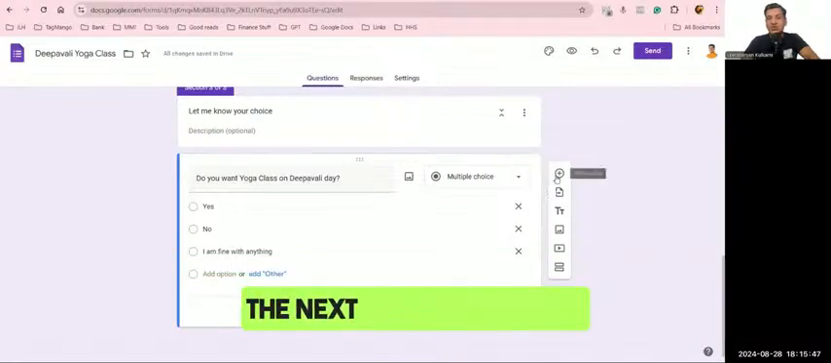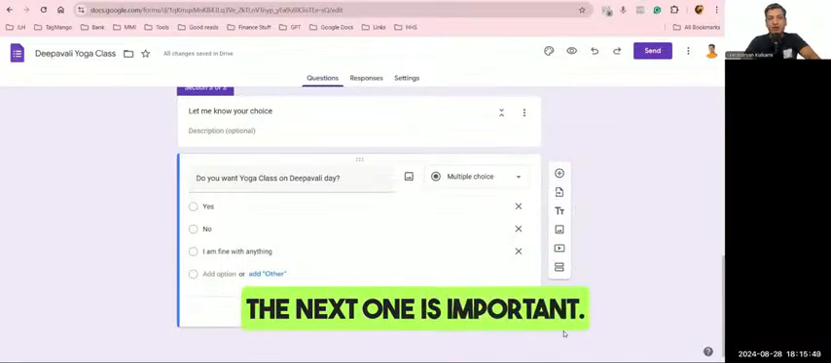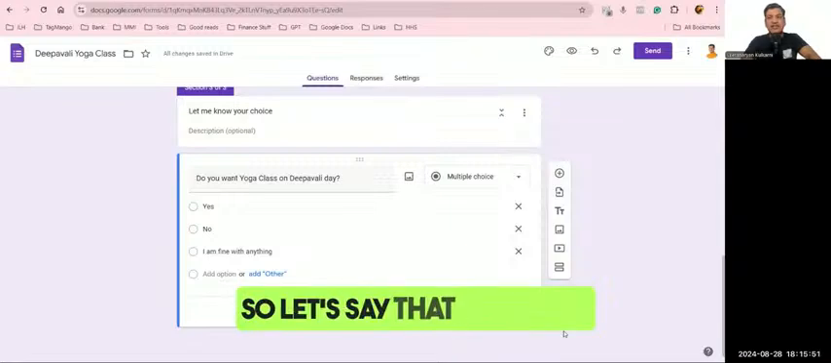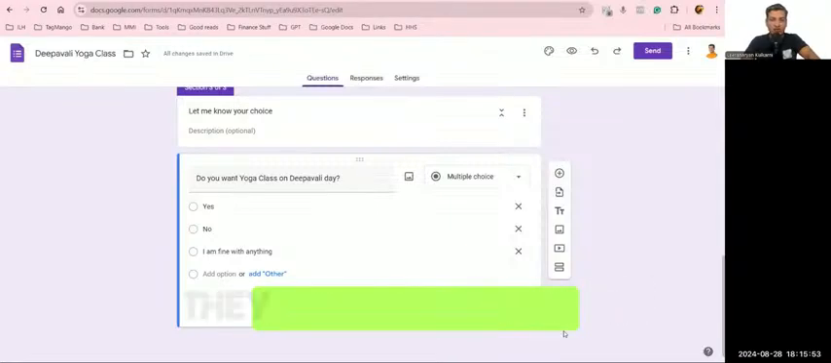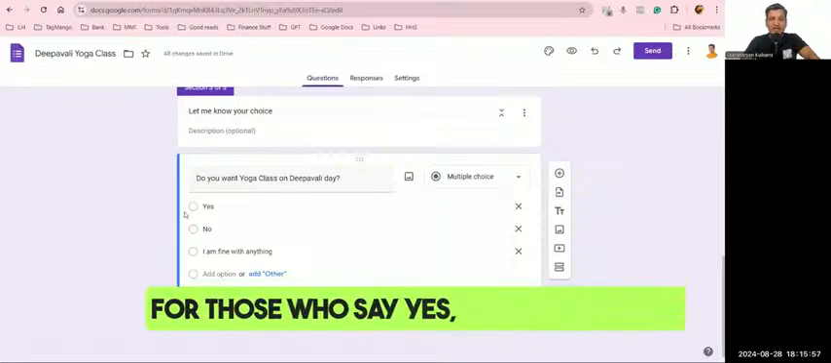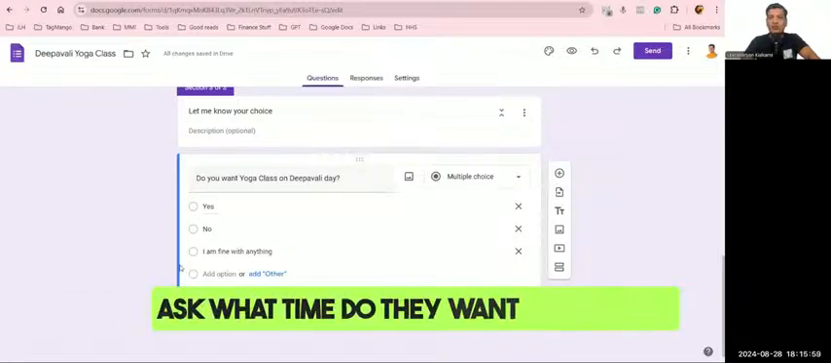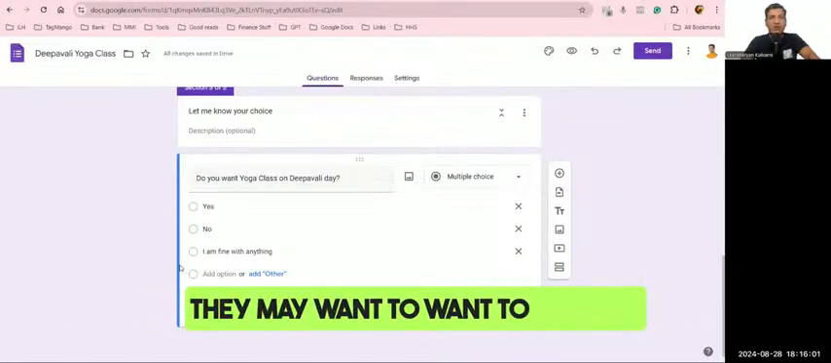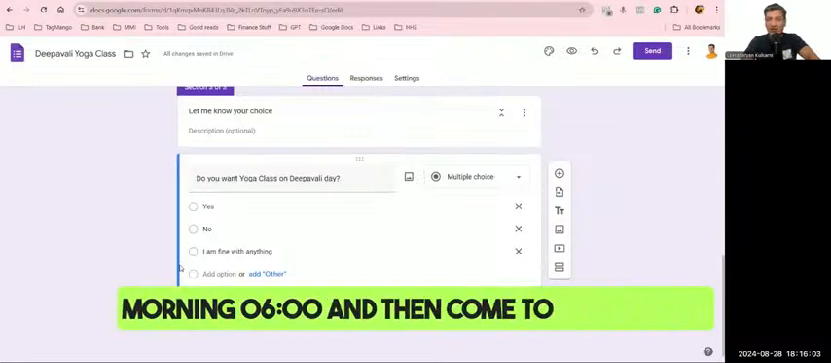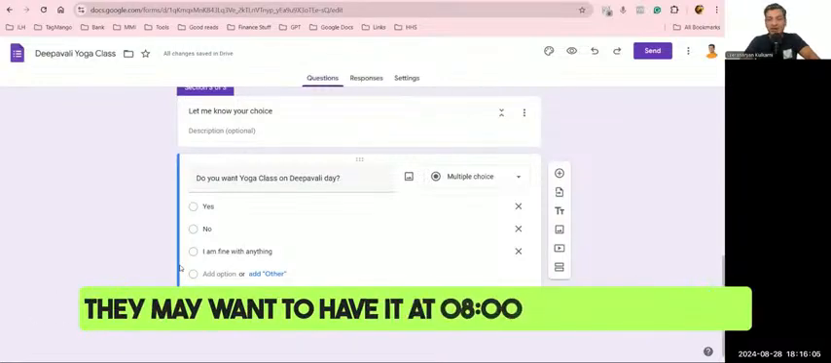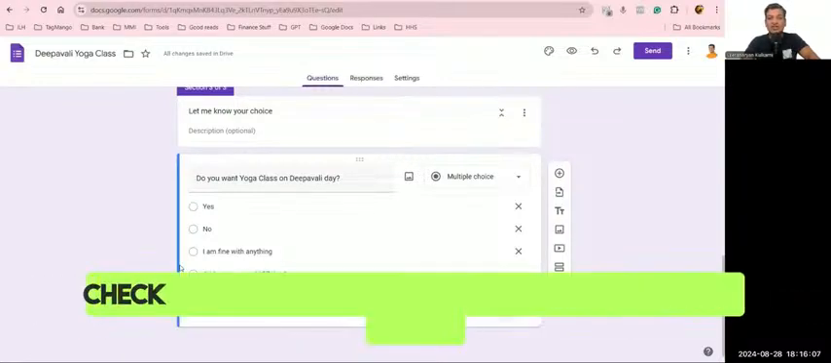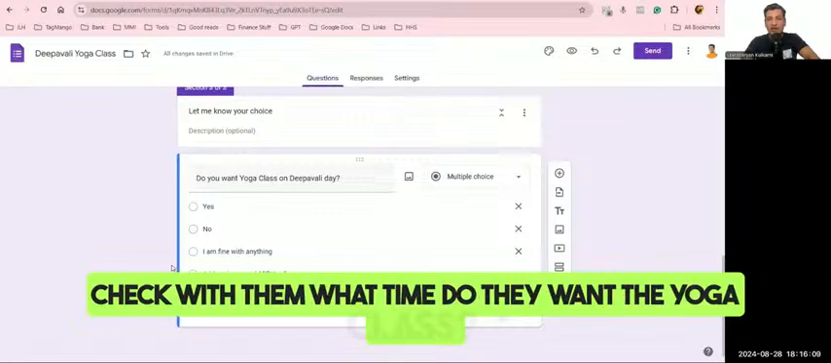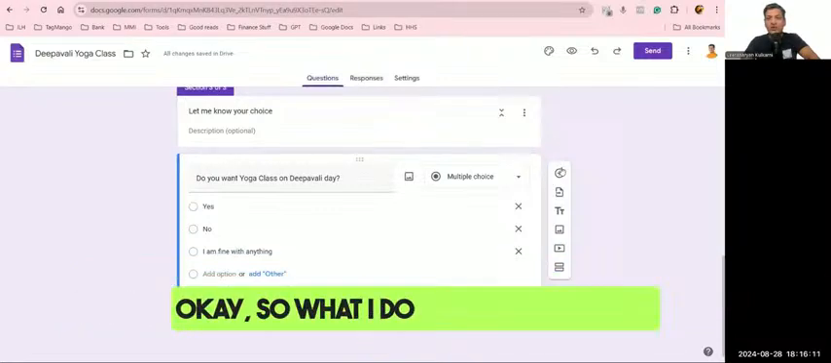The next one is important. So let's say that they want a yoga class. For those who say yes, you may want to ask what time do they want yoga class. They may want to come in the morning at 6 o'clock and then come to your class. They may want to have it at 8 o'clock. So you will also check with them what time do they want the yoga class. Okay, so what I do is I click